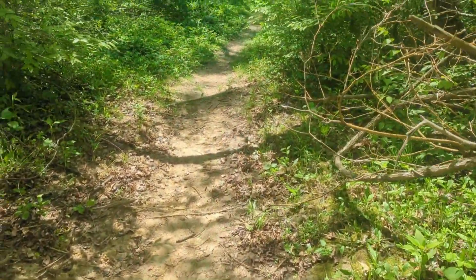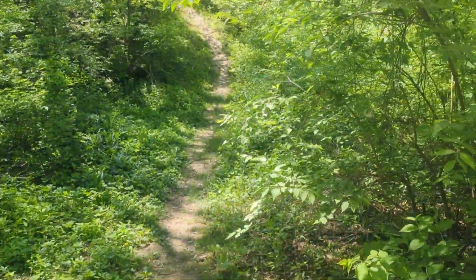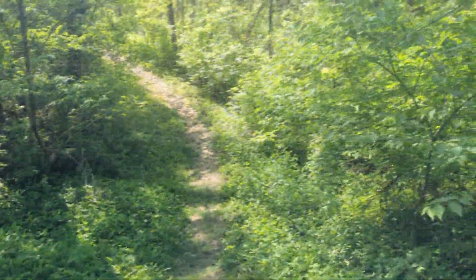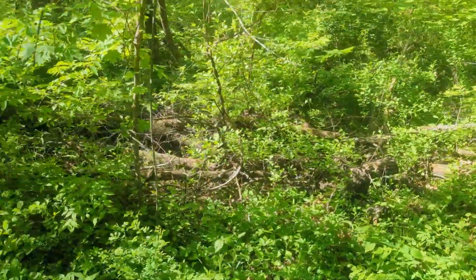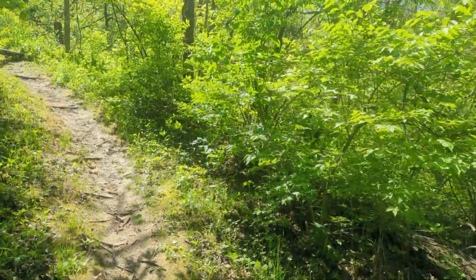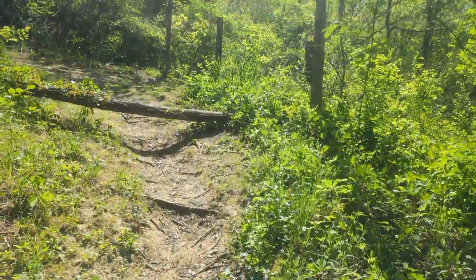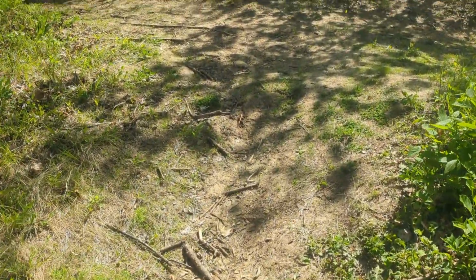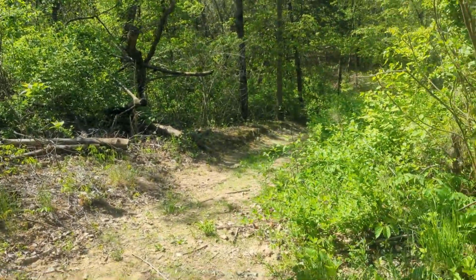Just got to watch our step here. There's roots and stuff coming out. Yes, it did. It did rain since the last time we were out here. Oh, there's a log across the trail. Weird. And another one. So this one here goes back down